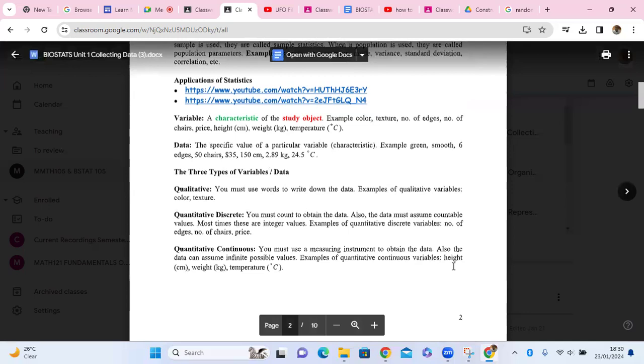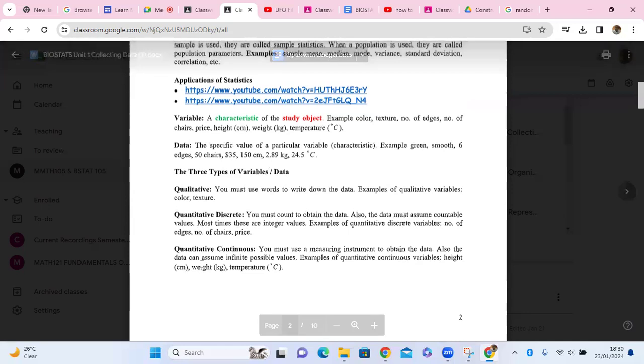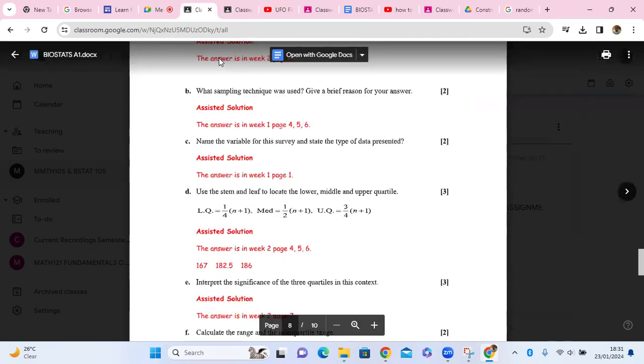Height, you have to measure with a measuring device. Weight, you've got to measure with a measuring instrument. And temperature, we all know the instrument that we have to use to measure temperature. So we have quantitative continuous. So in number 19 now, let's see, what is the variable here? The variable,